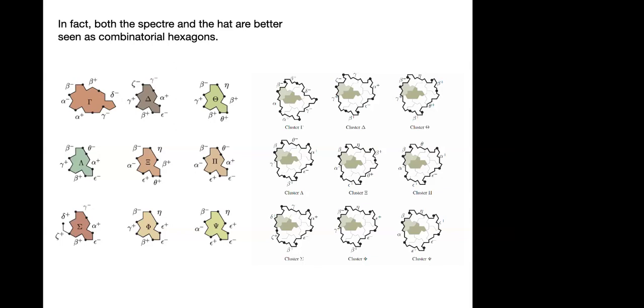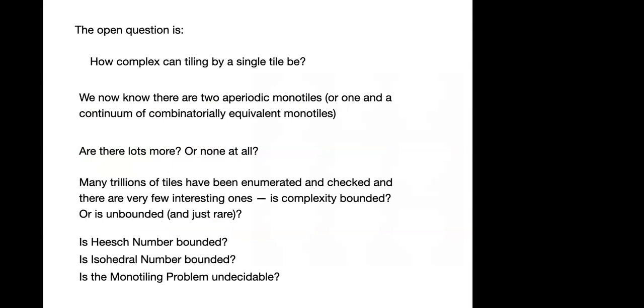And so anyway, just to kind of wrap up. So this remains open. It remains open whether or not the monotiling problem is decidable. We don't know anything about the asymptotics. It's like a one-off. I mean, it's hard to imagine that it could be a one-off, but